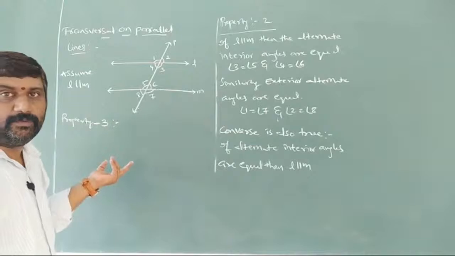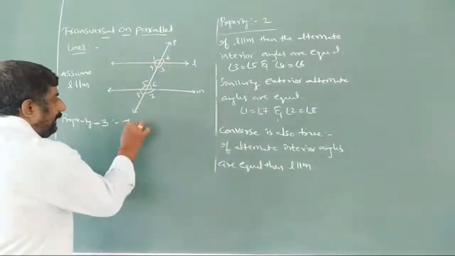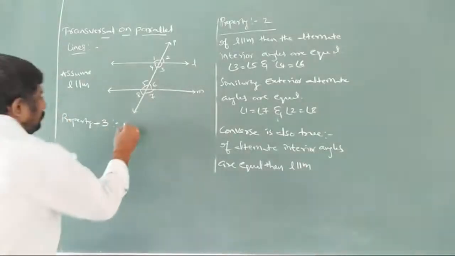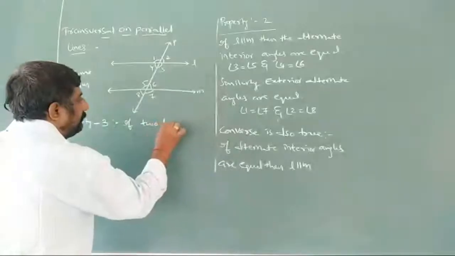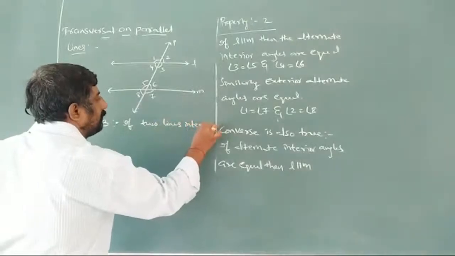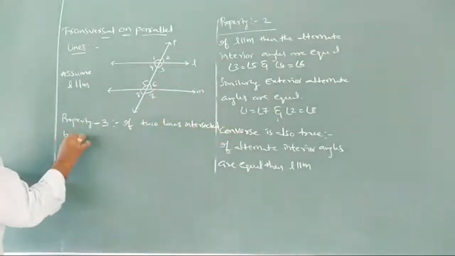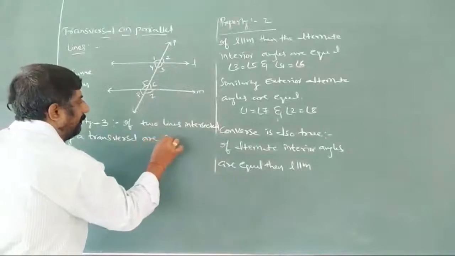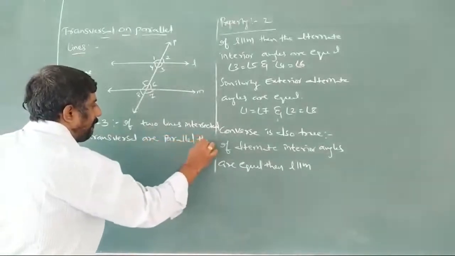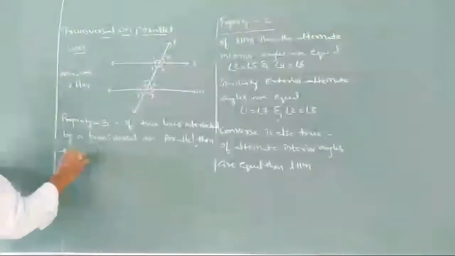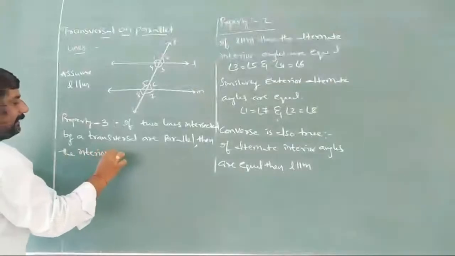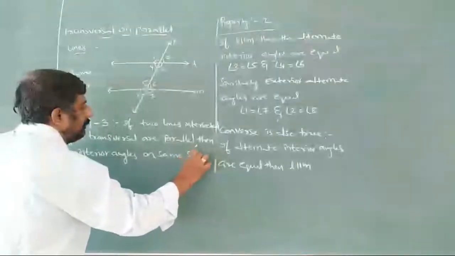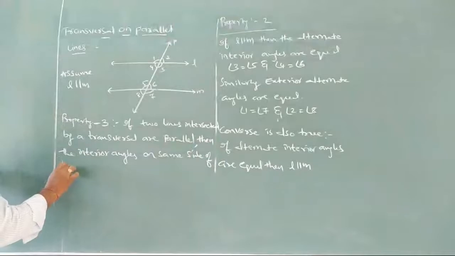So we can write here: the interior angles, or else if you write like this, if two lines intersected by a transversal are parallel, then the interior angles on the same side of the transversal